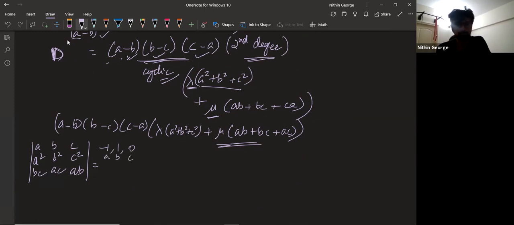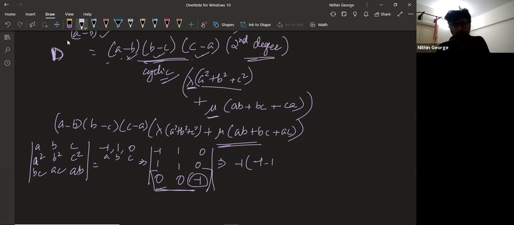So what happens here? This is the trial and error part I'm talking about. So once you put A equal to -1, this becomes -1, 1, BC becomes 0. Wherever there's C, it becomes 0. Okay, AB is -1, B square is 1, and B is 1. This is what I need to find. Okay. So this becomes -1. So I'm opening along this row, suppose. So it's 0 into something plus 0 into something plus -1 into -1 -1. It becomes 2. Okay. -1 into -2 is 2.